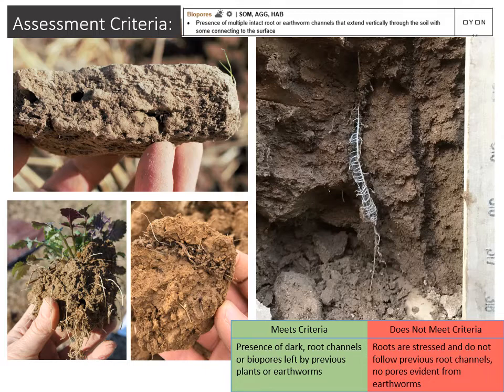This would be an example of biopores not meeting assessment criteria, because when I was out on that site, the entire area that I was looking at looked like this. We're not having that continuity of those pores extending vertically through the soil and coming to the surface. Whereas in comparison, on the right-hand side here, we have a great example of some biopores going 36 inches